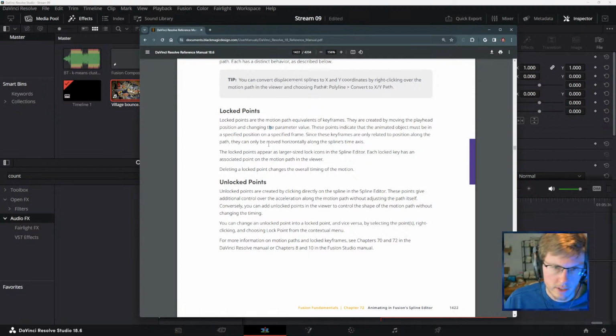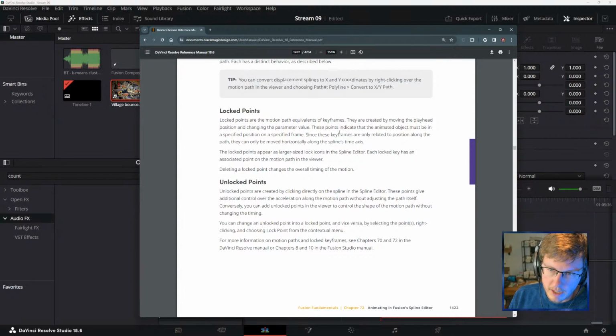All right. So locked points. Locked points are the motion path equivalents of keyframes. They are created by moving the playhead position and changing the parameter value. These points indicate that the animated object must be in a specified position on a specified frame.